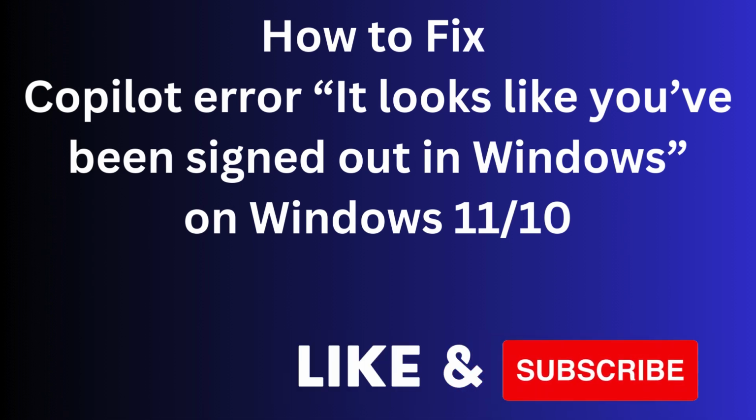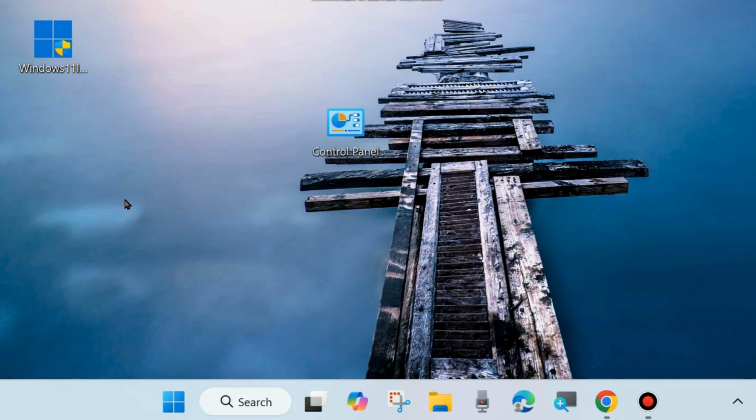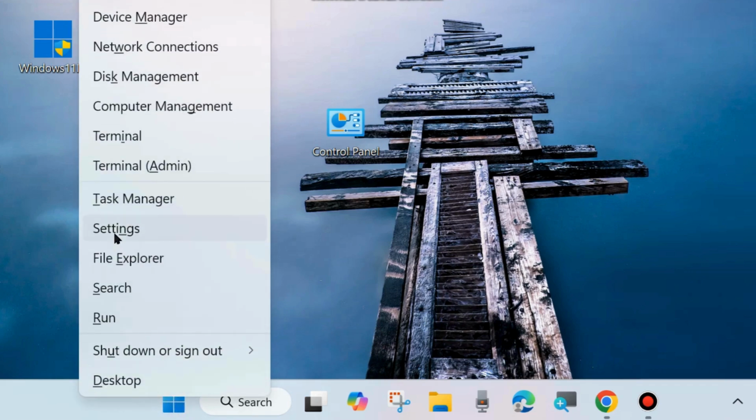Hi guys, in this video we will see how to fix the Copilot error "It looks like you have been signed out" in Windows, on Windows 11 and Windows 10. If you are also having this error on your Copilot, then the first workaround is to go to settings,